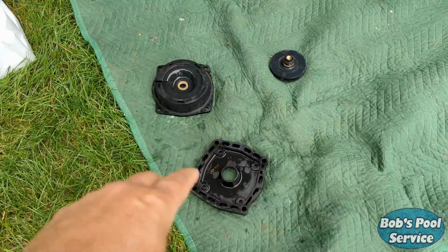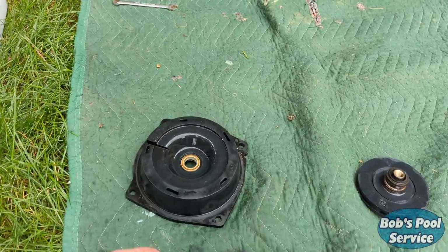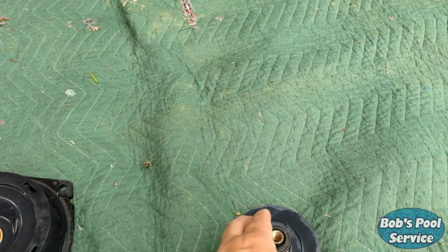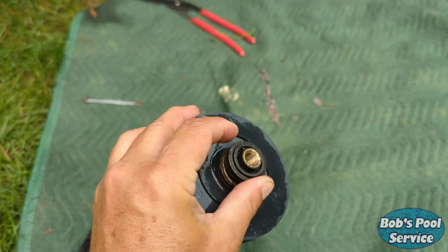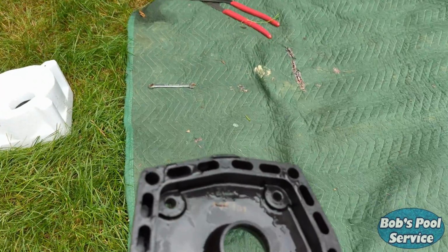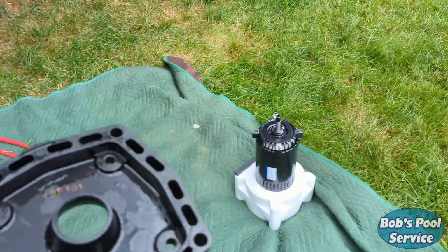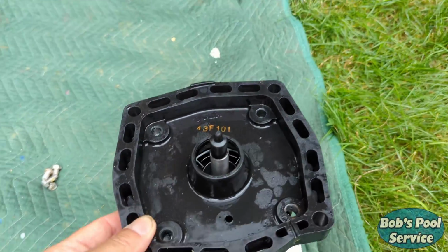We've removed these 3 parts here. We've got the motor plate, seal plate, and here we've got the impeller. Now we are going to change this seal later on here, but for now, first things first, let's get this motor plate on the new motor. And take it, place it on here,